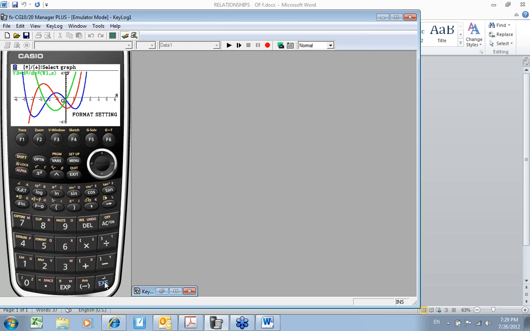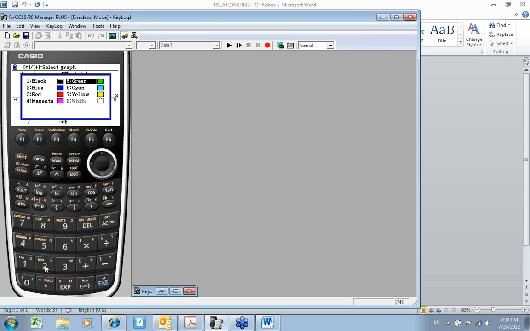So I press execute, and it asks me, do I want to change the line style or the line color? I'm going to change the line color, so I need to press 2. And I have all these colors to choose from, and I'm going to choose magenta just to make it stand out.